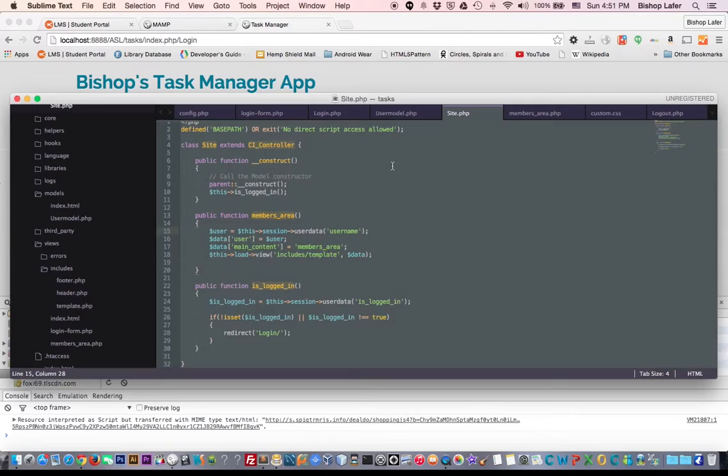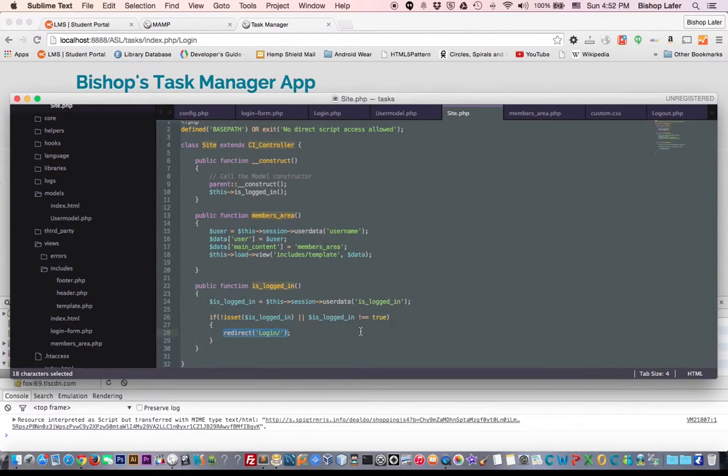So is logged in, I'm checking here, is the variable is logged in equal to the session, that key that I just set in the session, is logged in is equal to true. So if is set is not true, is logged in. If it's not in, then it'll redirect to the login controller and ask you to log in. Or if that key is logged in is not equal to true, then it'll redirect you to the login controller. So that's how it knows if you're logged in or not,